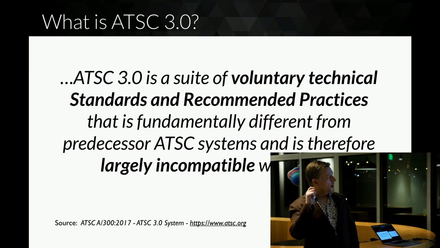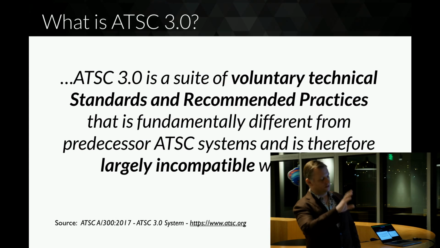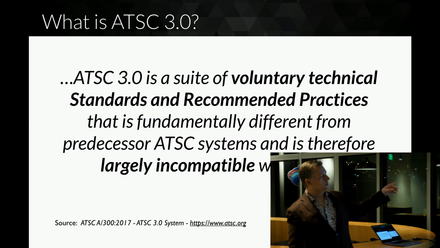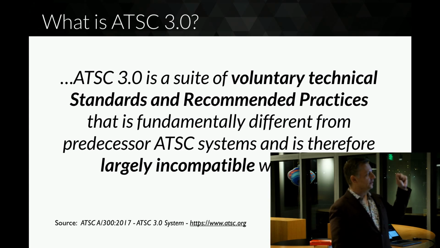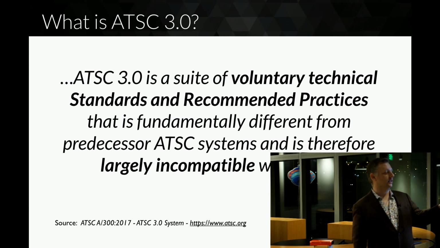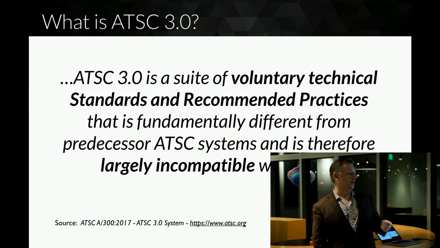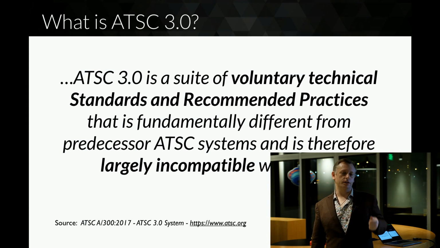Now, what I'm giving you are some quotes from the ATSC organization about ATSC 3.0. I'm not going to talk about what happened with 2.0. But it sounds like there were a lot of challenges in between there, and so they just decided to move forward. But what's important to note here is that it's a suite of voluntary standards, right? Traditionally, broadcasters have to adhere to the policy and regulatory compliance from the FCC. We are in the public trust.